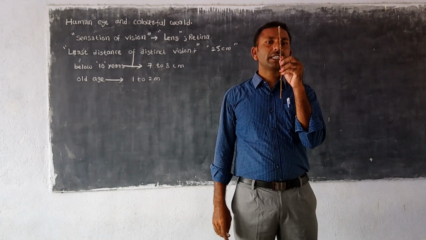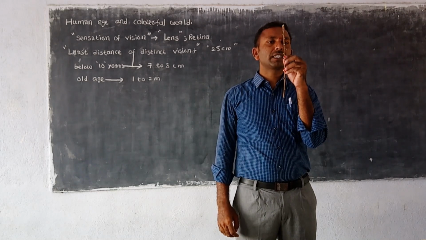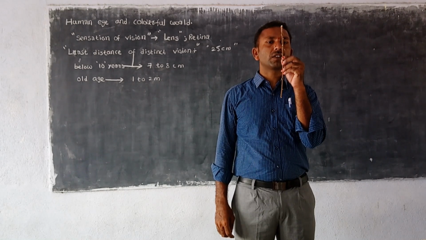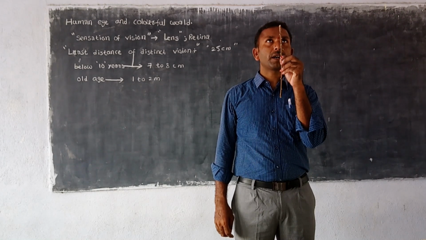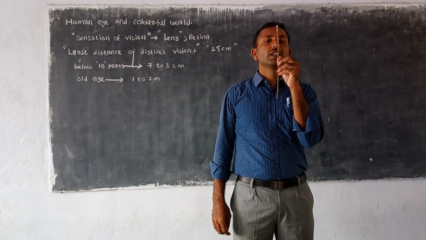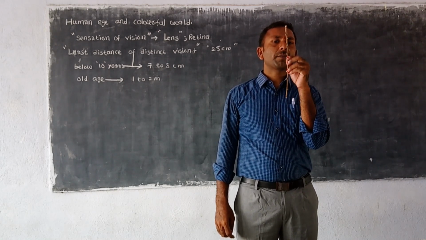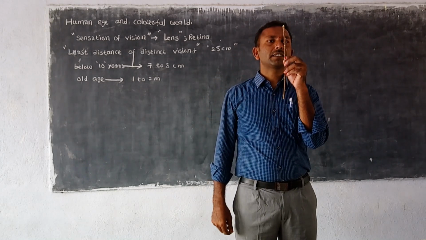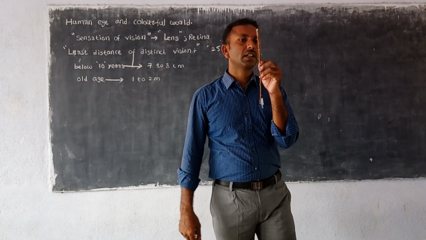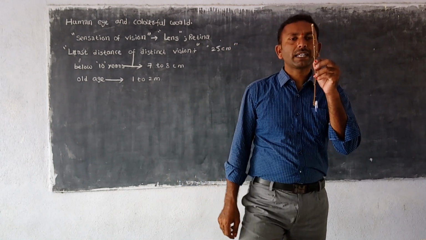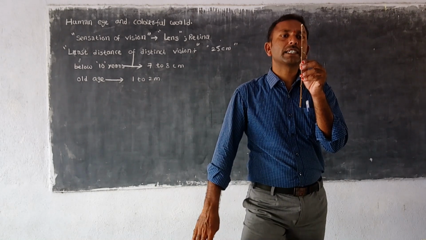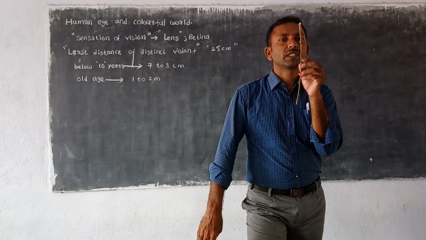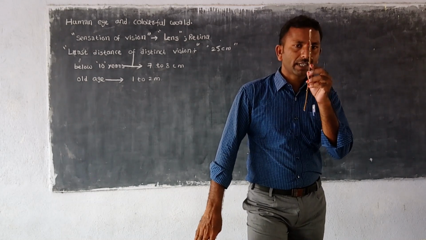So if you are able to see, you can write yes. If you are not able to see, write no. Remember one thing here: you should not move your eyes up or down or sideways. That means here I am unable to see the top and bottom of the stick. So what is happening here? Let us find out the reason. Why are we not able to see the top and bottom of the object at one time? Is there any reason for that? Let us find out.